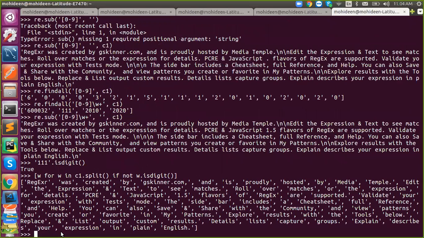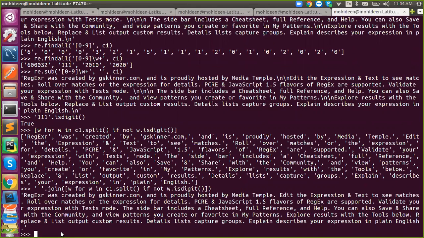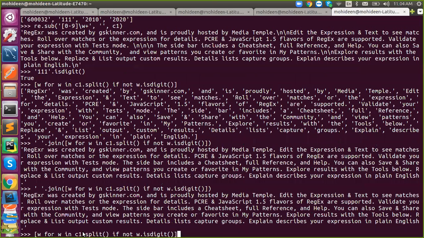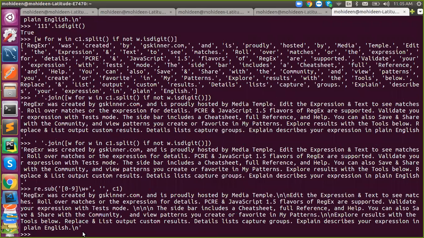Got it? So this will return without your numbers, and I have to use space.join. Got it? So I have to use this many steps. This was simply replaced by this regex. So now you understand why regex is required. Which one looks simpler, the traditional method or regex? Regex.